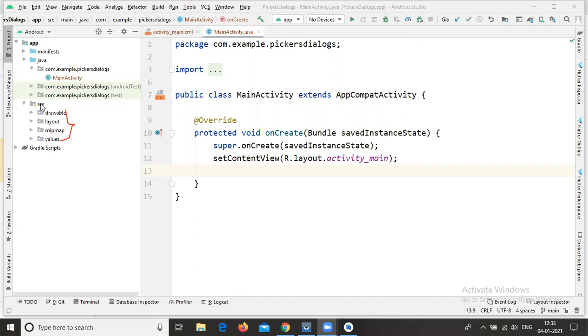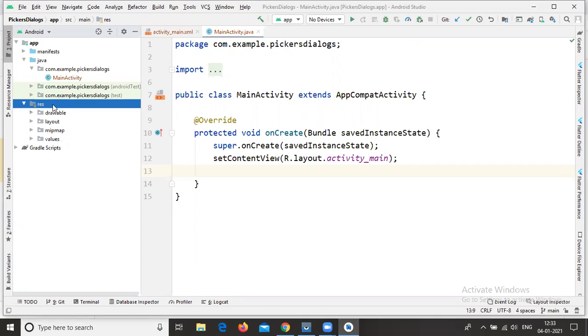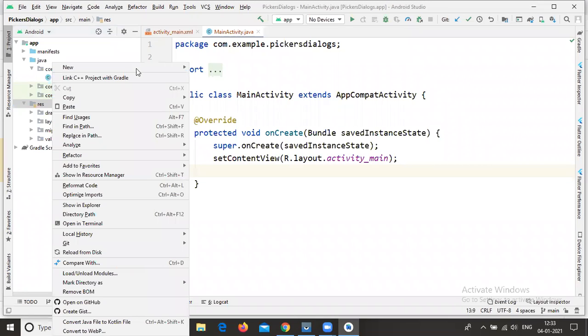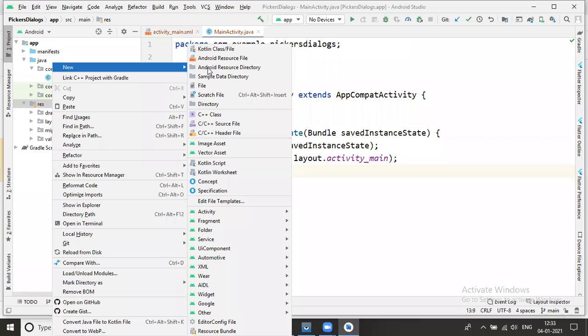Right click on the res folder. Here there is a directory called res, that means resource. Right click on the res folder, new Android resource directory.